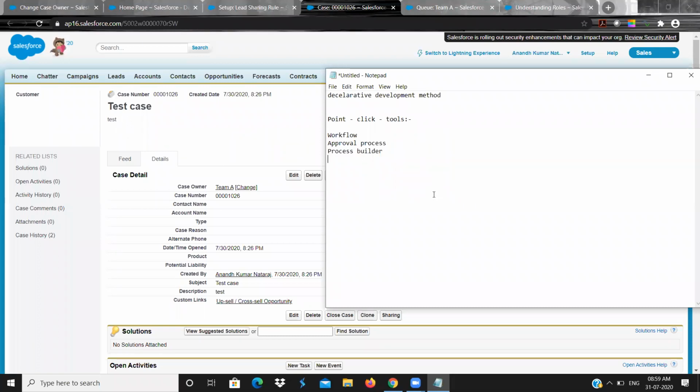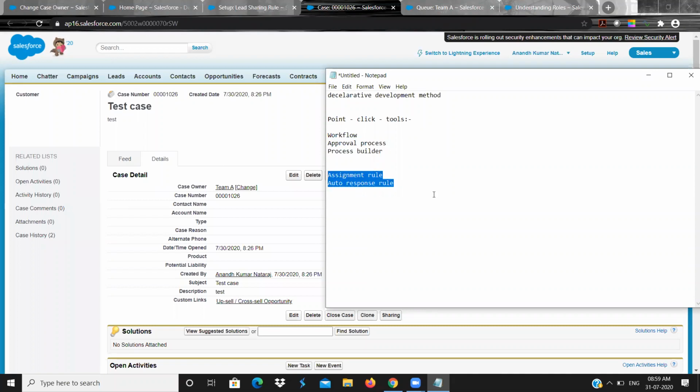Apart from that, we have something called assignment rule, auto response rule, duplicate rule, escalation rule, many things, but all are the same. Only the functionality and the working style will be different.